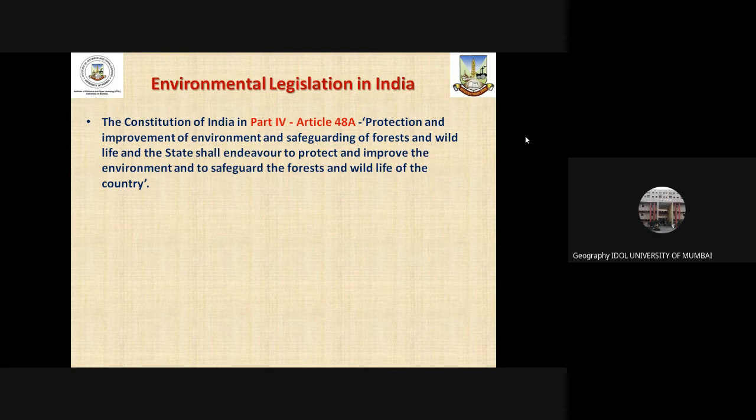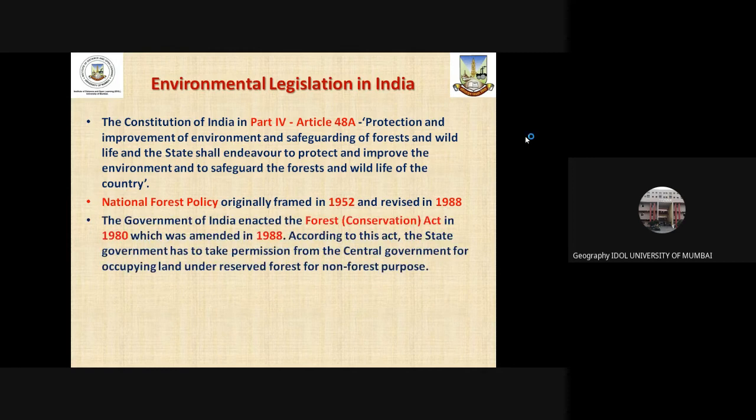So the protection of natural environment and forest resources is focused there. National Forest Policy was framed originally in 1952, revised in 1988. The Forest Conservation Act of 1980 was amended in 1988. According to this act, the state government has to take permission from the central government for occupying the land under reserved